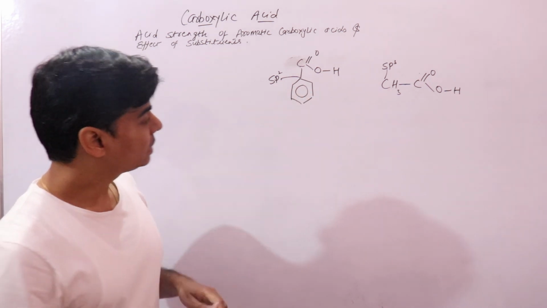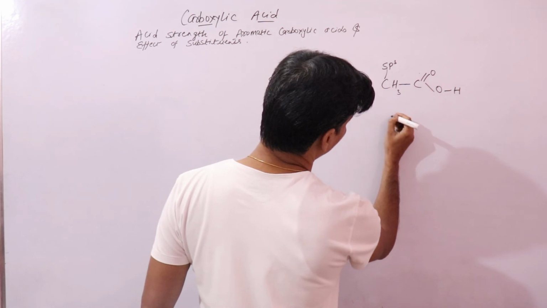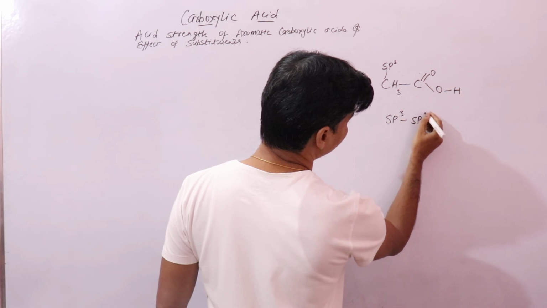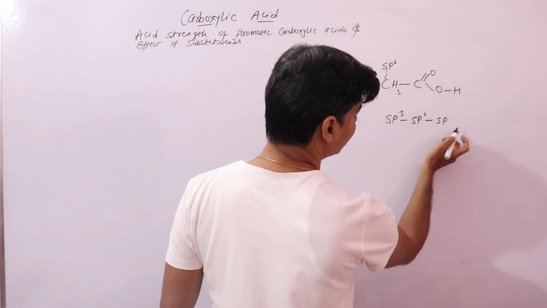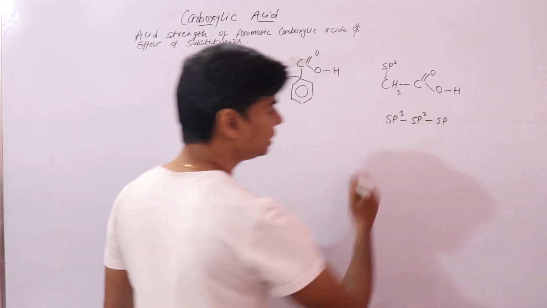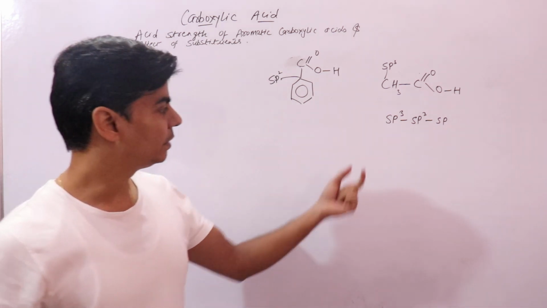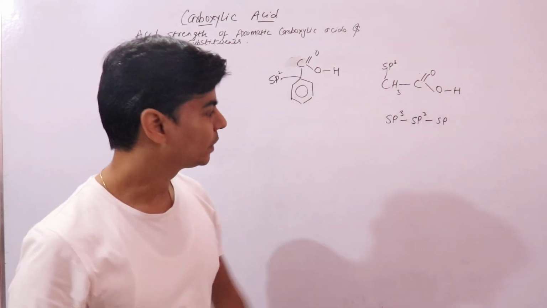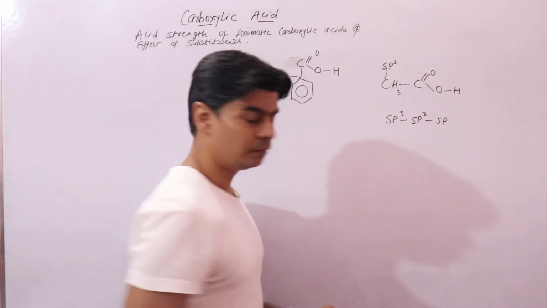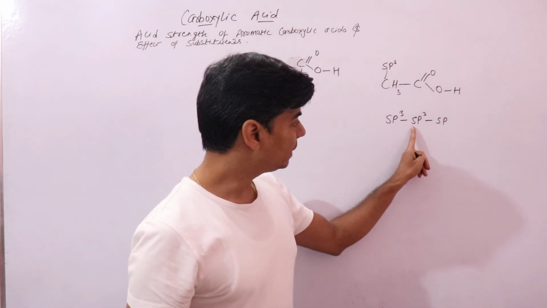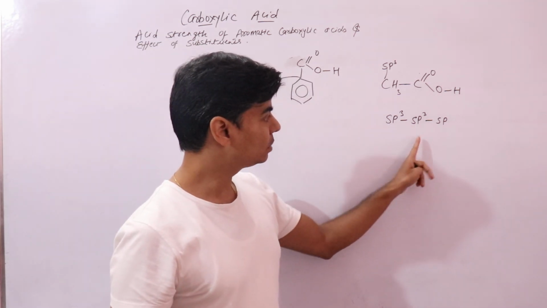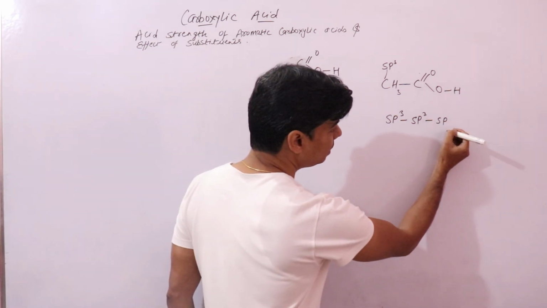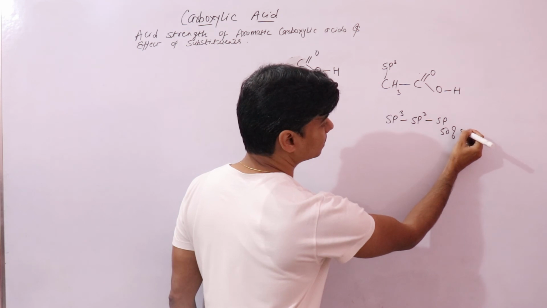right? As you move from sp3, right, to sp, right, the acidic strength increases. As the hybridization of carbon atom increases from sp3 to sp, the acidic strength increases. Why? Because in comparison to sp3, your sp2 and sp has more S character, right? If we talk about sp, you have 50% S character,